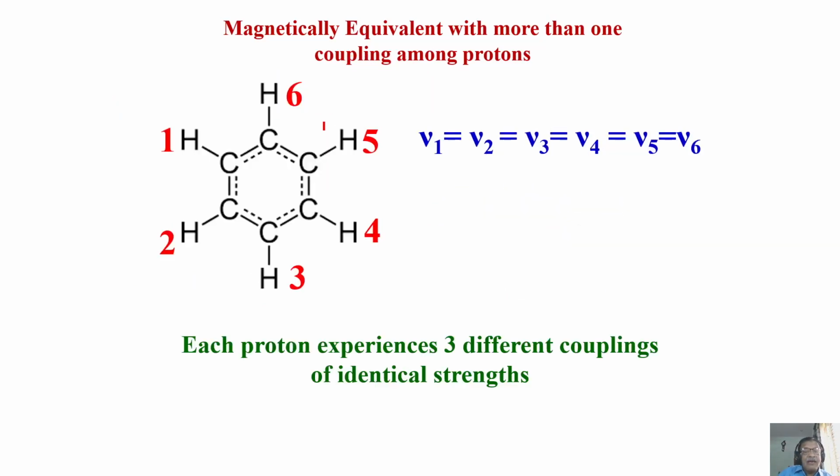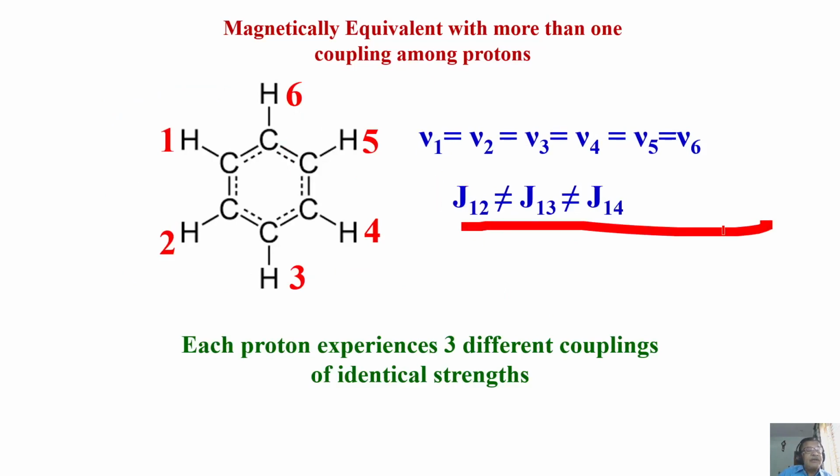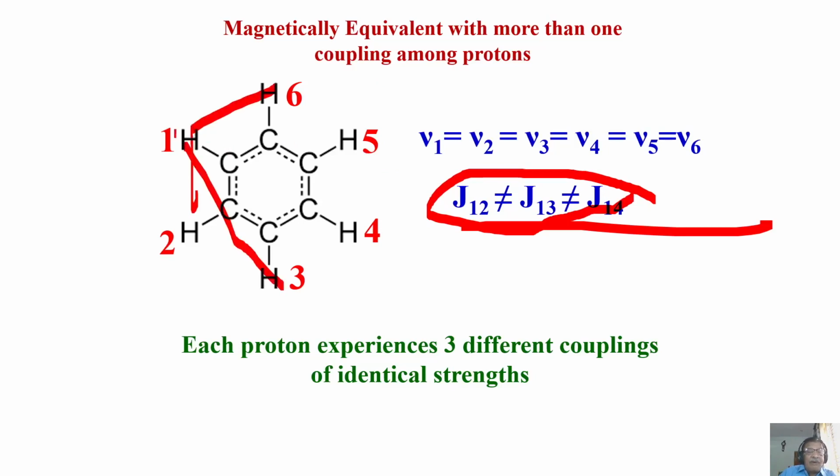If you go back to benzene, benzene gives a single line. But I said there are three different couplings. So why are we not seeing multiplicity? In chemically equivalent and magnetically equivalent cases, the couplings are not reflected in the spectrum. You will not see the couplings. They disappear, even though they exist. It's not that coupling is zero here. Ortho, meta and para couplings are present. They are not zero. It's only that you don't see them in the spectrum.